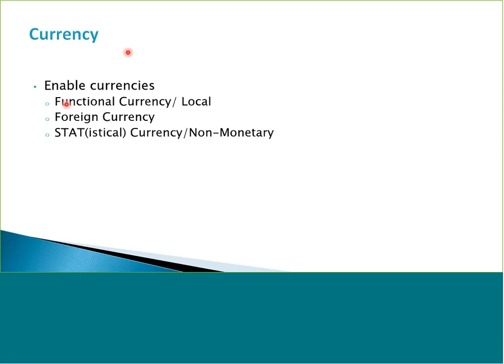We have different types of currencies. The first one is a functional currency. What is a functional currency? It is the local currency for the area of operation for your company. So this is the currency in which you're going to be capturing most of the business events or the transactions. So if your company is based in the US, that would be the US dollar. If it's based in Kenya, that would be the Kenya shilling. But then again,